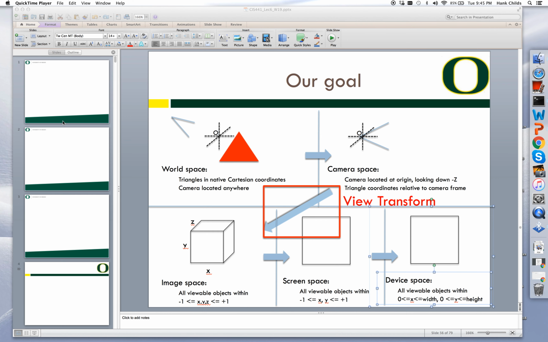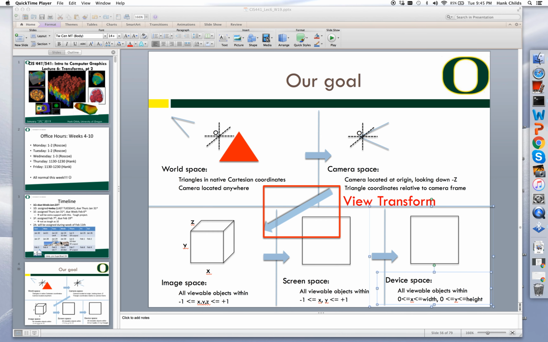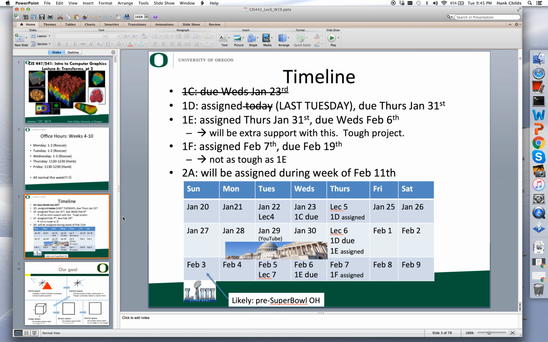Before I start on the last technical piece, I want to reinforce what I just posted to Piazza. There was a bug in this slide, which I presented in part 1 of the lecture, and now I'm going back to it. This was correct: it said 1E was going to be due on February 6th, but down here it was incorrect. It had 1E in the February 7th column. And, like I said in my Piazza post, when I make mistakes, I like to give you the more generous timeline. But we're actually pretty far away from that February 6th, 7th date,